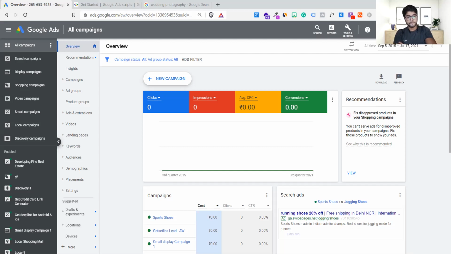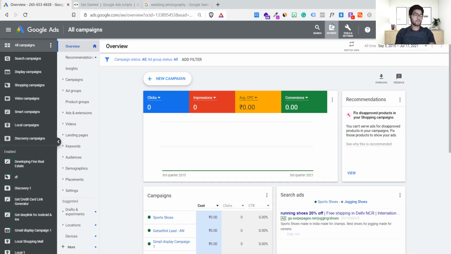And one more thing I want to add here. Suppose a keyword costs 10 rupees. In the future, after 1 year or 2 years, the cost might increase. Like today it's 10 rupees, but later it can become 30 rupees, right? Yes, it increases. Keyword costs get increased because of competition. It depends on the competition level.